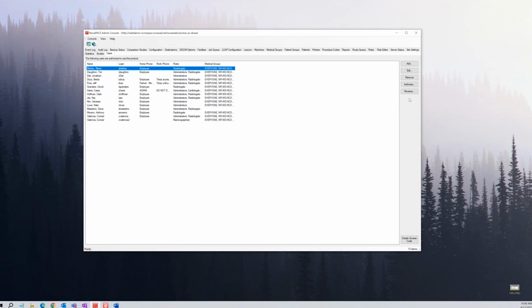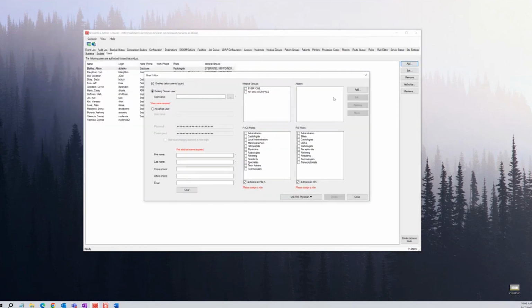So the first thing that we can do here in the Users tab is we can create a new user. So I'll just click the Add button here. We have this checkbox here that enables this user. So how I would use that is if I have somebody who leaves the organization, instead of deleting them, because some people come back, I would just disable them, and you can see in the users list who has been disabled because they will be a lighter gray instead of this black text back here.